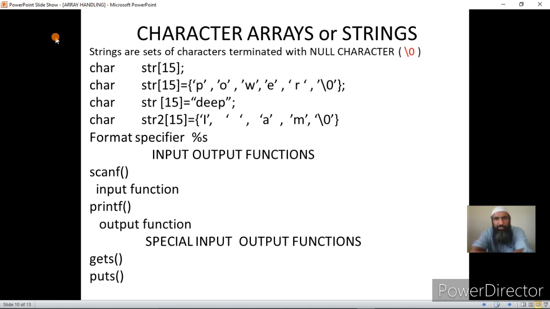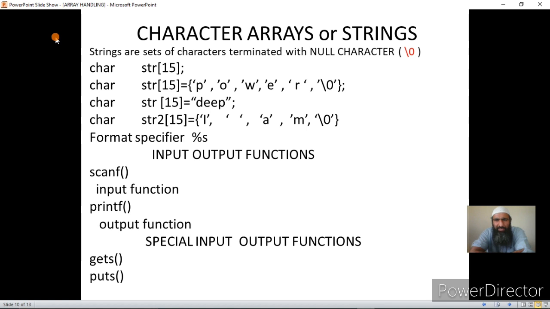We already know integer arrays. Integer arrays are set of elements. In fact, all arrays are set of elements. So that is the general definition of an array. Array is a set of elements of homogeneous data type that are stored in contiguous memory locations. I need not explain this because I have already explained. But so far as the context of character arrays is concerned, these arrays are again set of elements of homogeneous data type. That means the data type of all the elements is character. In integer arrays we had data type of all the elements as integers. For floats likewise, and for doubles likewise.